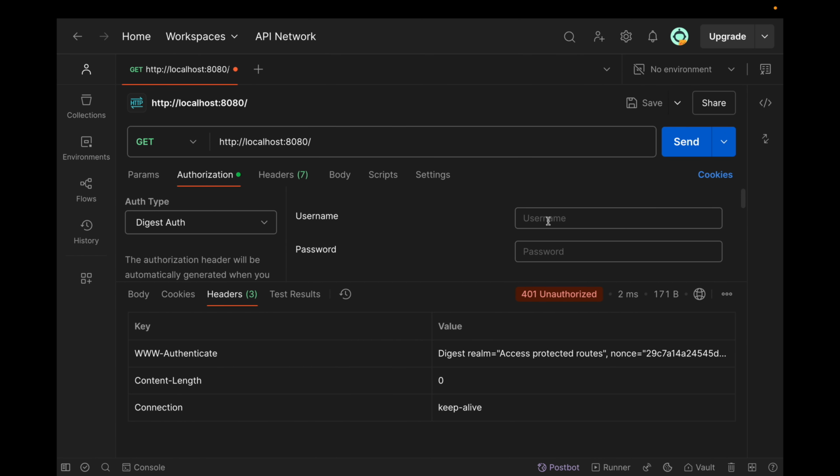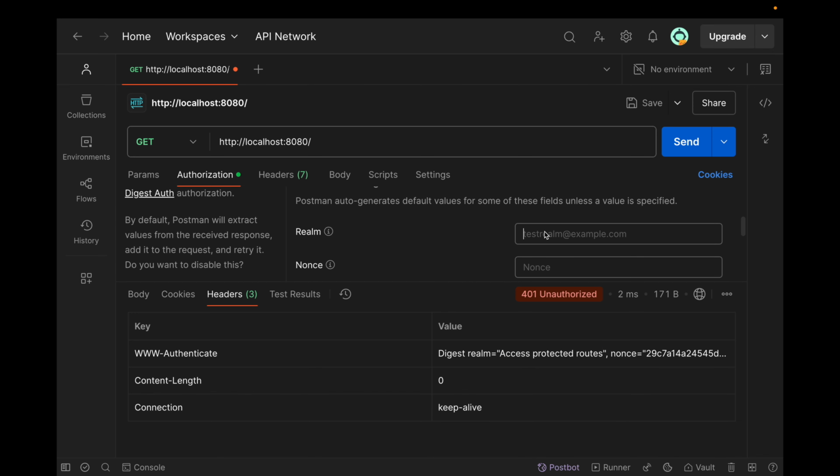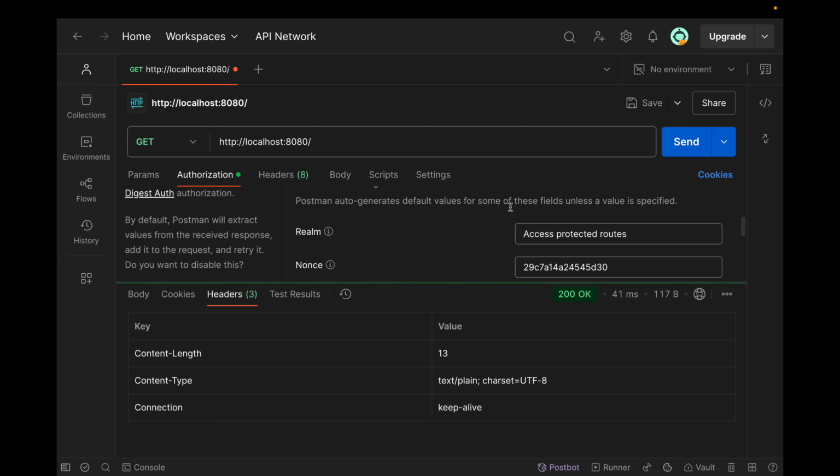Now we can enter the username, enter for admin, and the password is password. Now along with username and password, we need to enter the realm as well as the nonce value that we got from this header. Now if we make the request, it is successful.